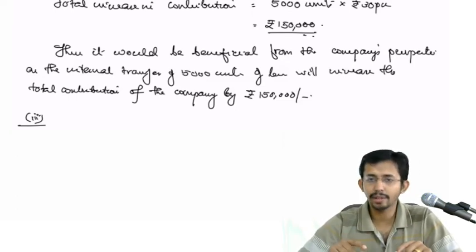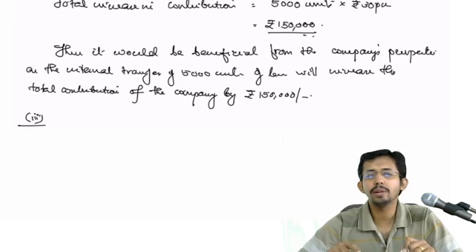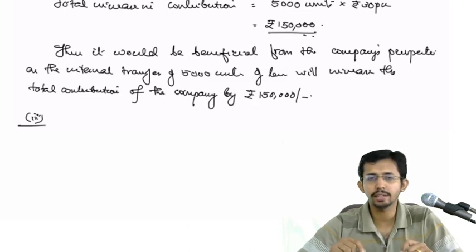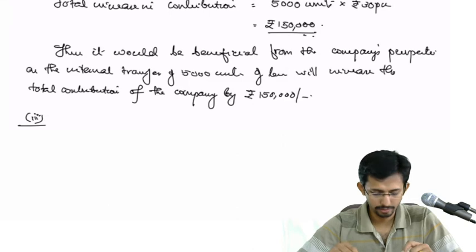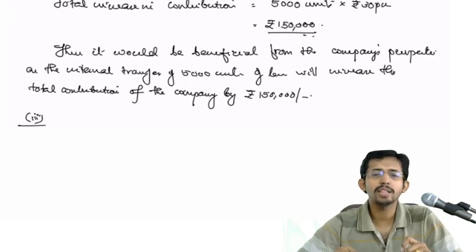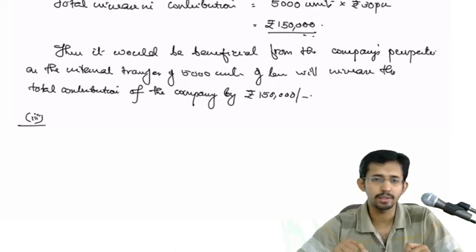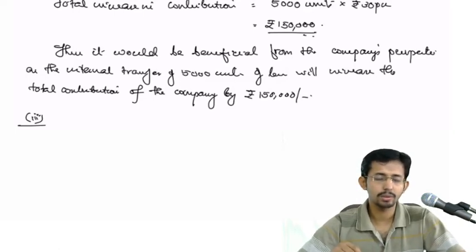Okay, so you can write that as: the proposal for internal transfer will increase the total contribution of the company by rupees 1,50,000, comma,